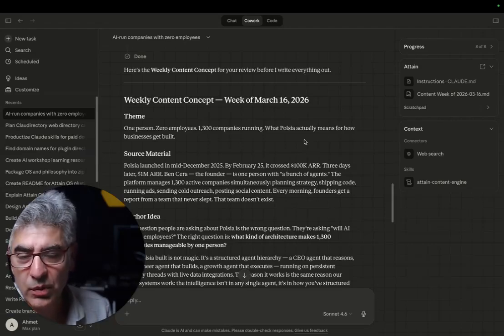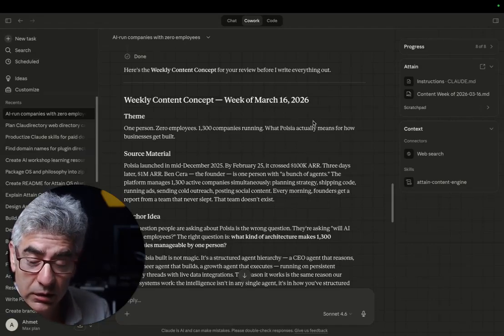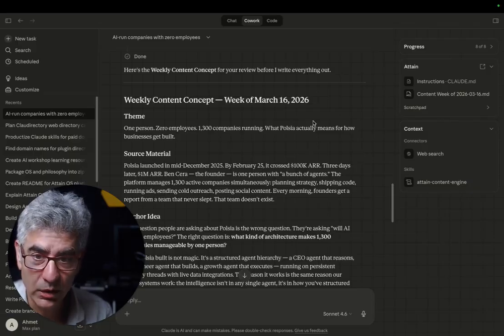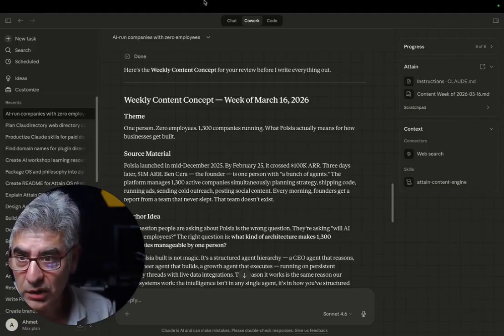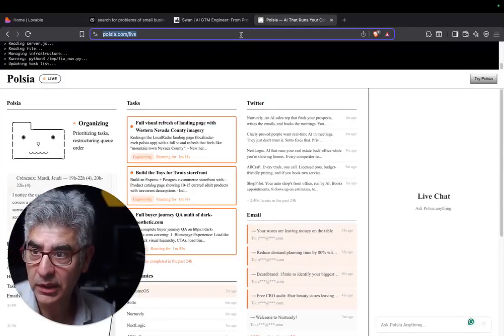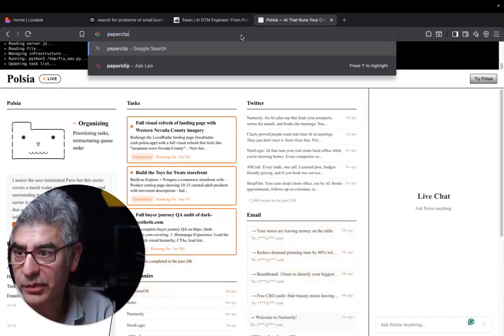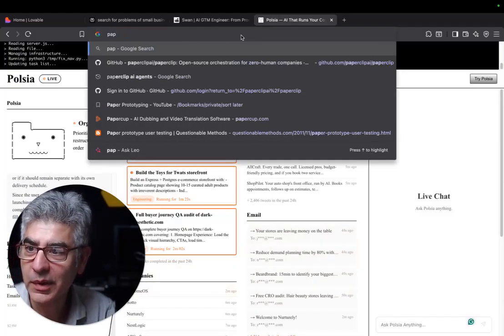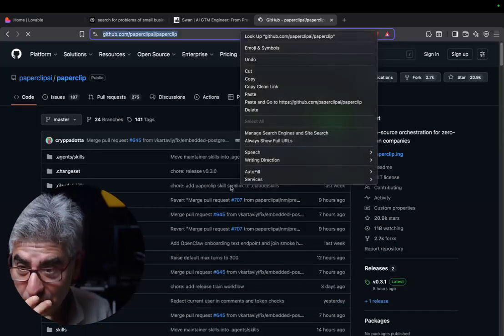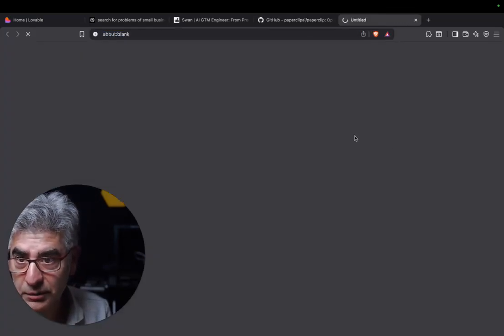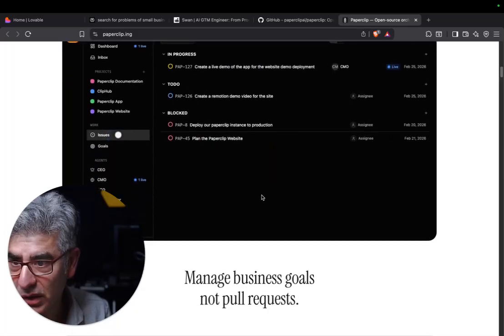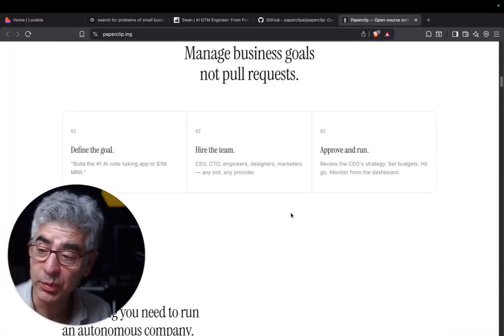I'm running this in Cowork yet. I've built out a few things in Claude Code, but what I really want to do over time, obviously, is to take this out of Cowork and actually build a system around it, and make sure I orchestrate these agents with something like Paperclip, right? Paperclip isn't the only orchestration tool out there. There's a bunch of other people that are trying things like this, but you can already see the kind of things people are trying to build with this.